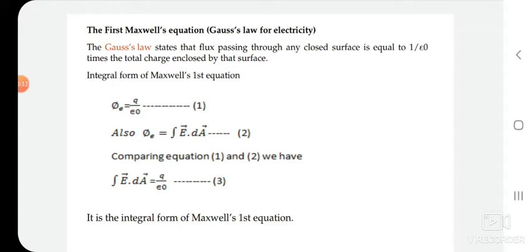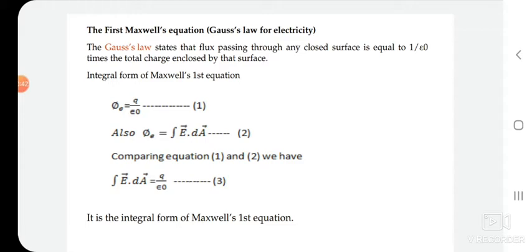In the last lecture, we discussed the Maxwell equations and their physical significance. Today, we are going to extend that topic and derive, or prove, all of Maxwell's equations in differential as well as integral form.